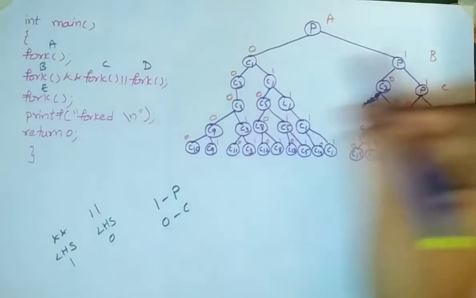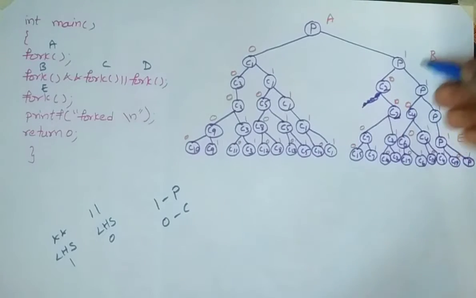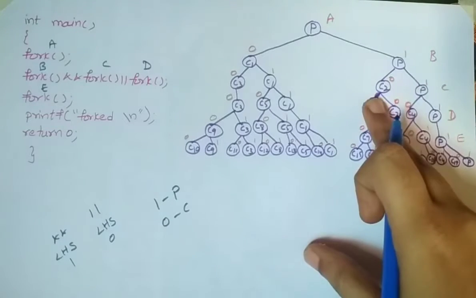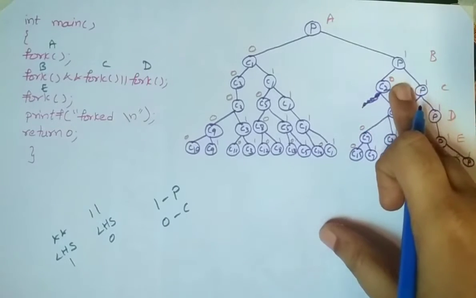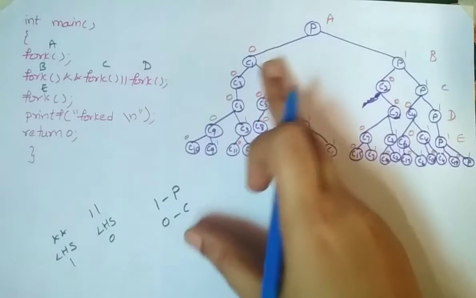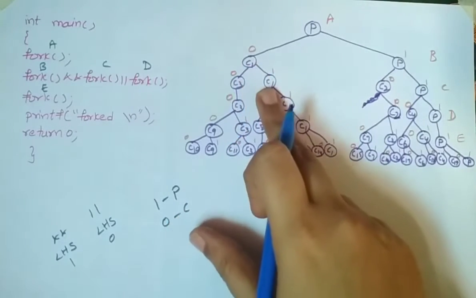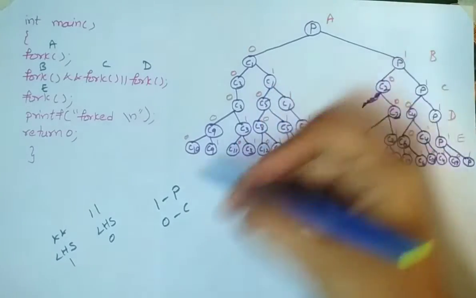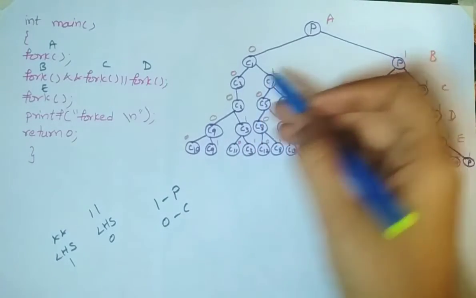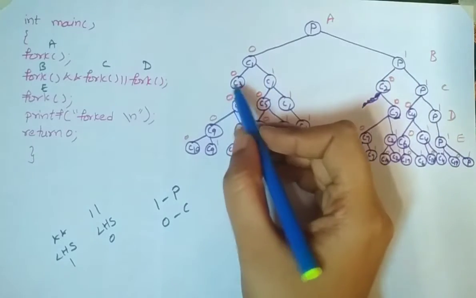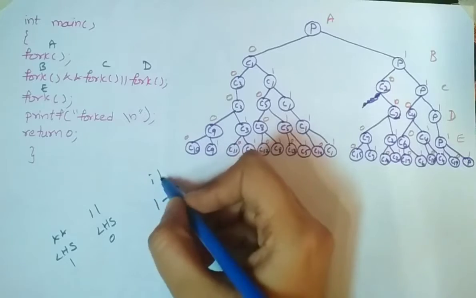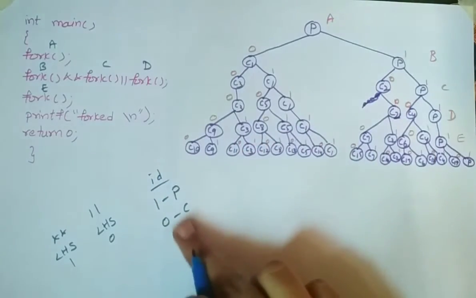Okay, and we are going to write the process ID here. So the process ID for P is 1 since it is a parent process, and C2 has the process ID as 0. Similarly for the process C1, C1 is the parent process, right? That's why we are taking the ID as 1 here. And for the C3, it is the child process. So that's why we are taking the 0.